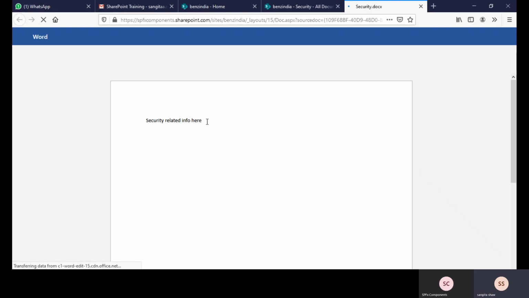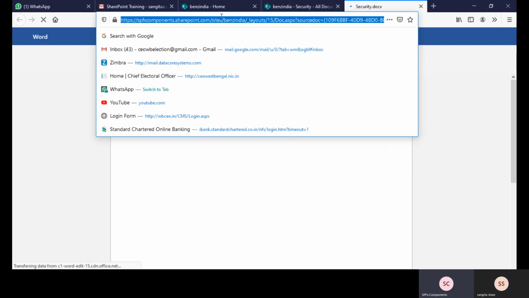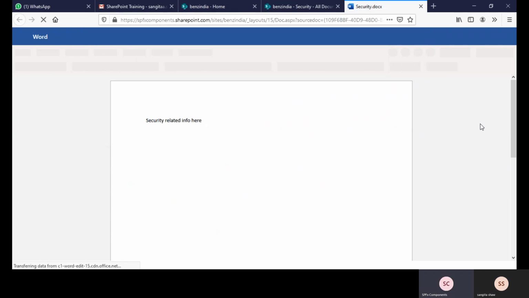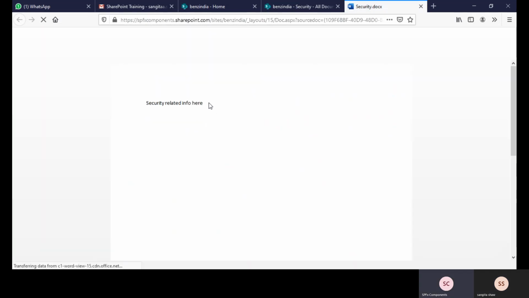Yeah. Okay. Can you refresh once again? Yeah. Which browser you are using? Mozilla. Oh, okay. Okay. Can you try to edit something? Right.